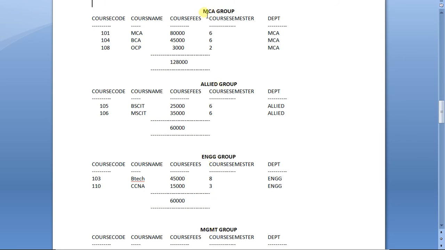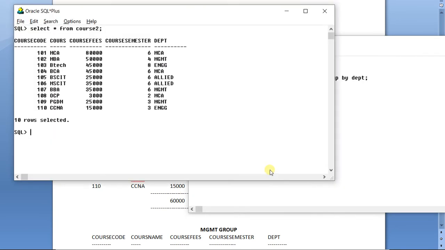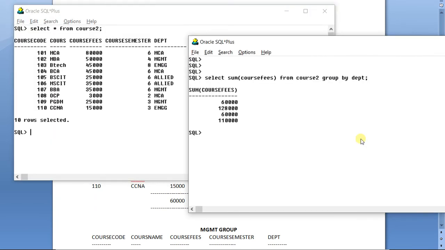It will create dummy temporary groups in RAM, one group of MCA, one group of Allied, one group of Engineering, and so on, then perform sum on these individual groups and display. Let us see what the answer will be. See, the answer is this. Very simple. Instead of writing 4 different queries, with a single query and without any spelling problem, this has been done. Now you will say the name is not displayed. So it can also be done.